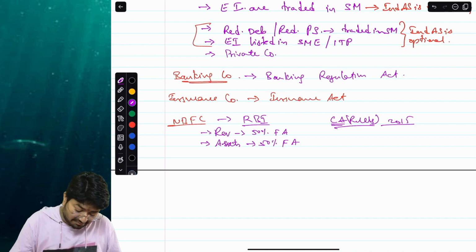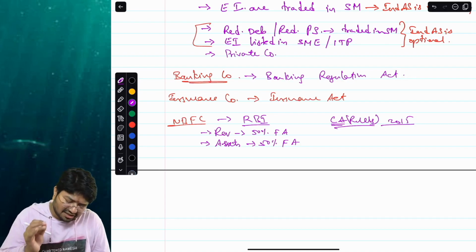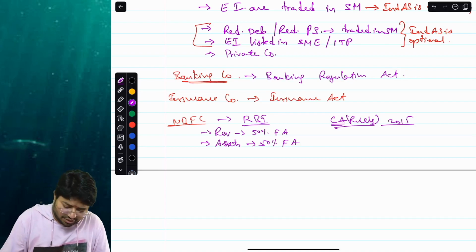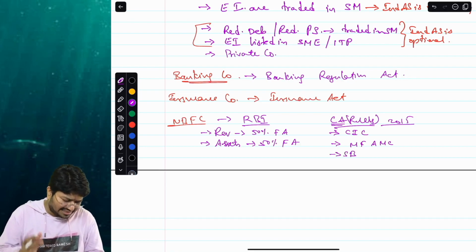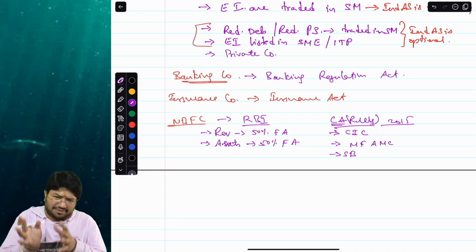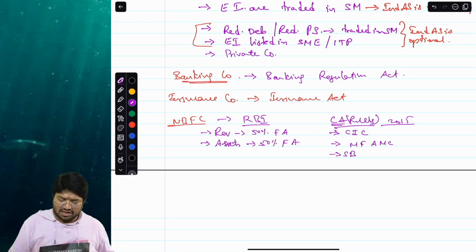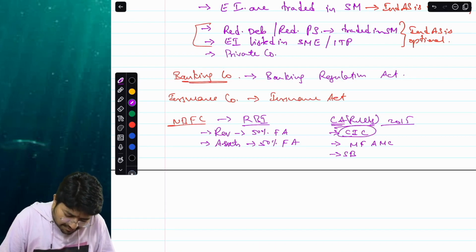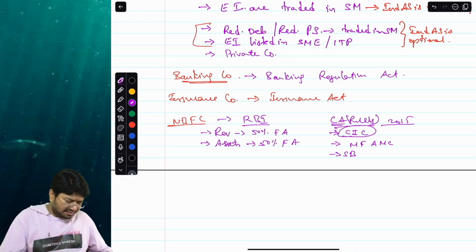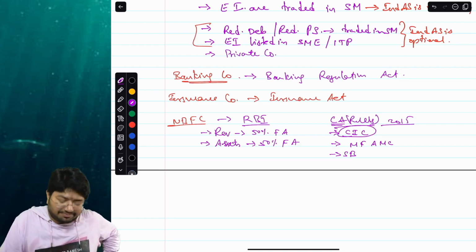Okay, but from Companies Act rules, there are multiple types of NBFCs which are included. So NBFC, it says core investment company. Okay, then you have mutual funds, asset management companies are considered as NBFCs, and then stock brokers are considered as NBFCs, like this. Nidhi company, chit fund company, all these are also considered as NBFCs. Now, out of this, one important understanding for you is what does a core investment company mean, is something which you should understand.